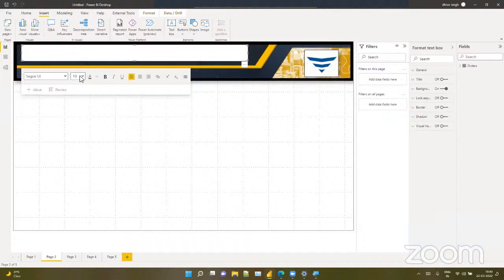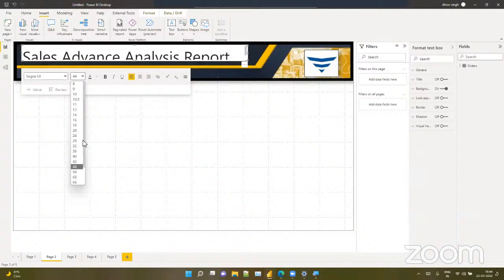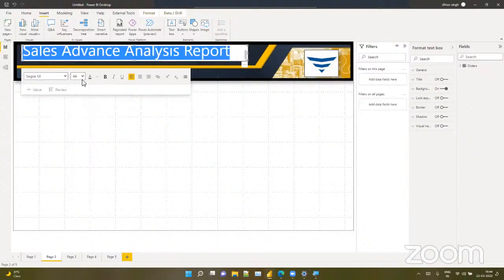Now over here also you can say sales. So this time we'll name it as sales advanced analysis report. Okay. Reduce the text size if you want. Optimize, and a lot of space. So we can use it for the